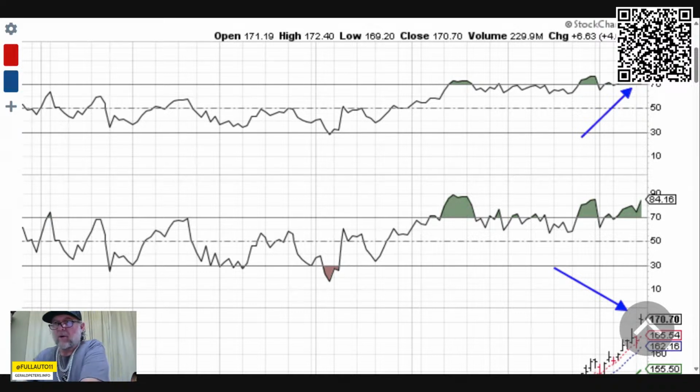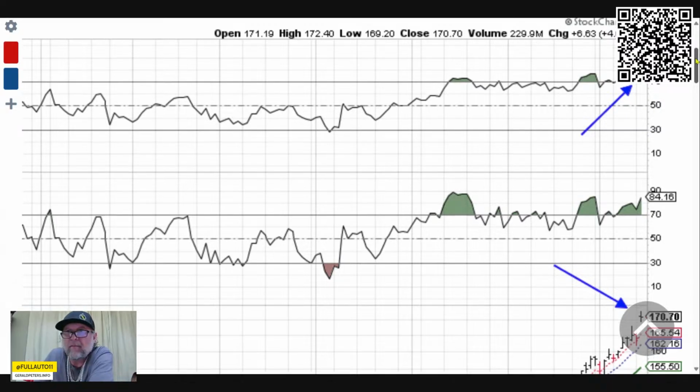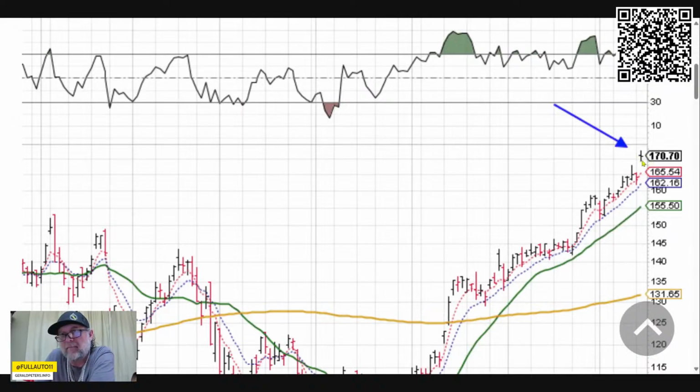So the doji bar is a type of candlestick on a price chart that represents indecision in the marketplace, right? It forms when a stock, crypto, commodity, or any other asset opens and closes at or near the same price within a given time period. And that's what we see happening here. It's not a 100% doji. Now, we could have said the same here